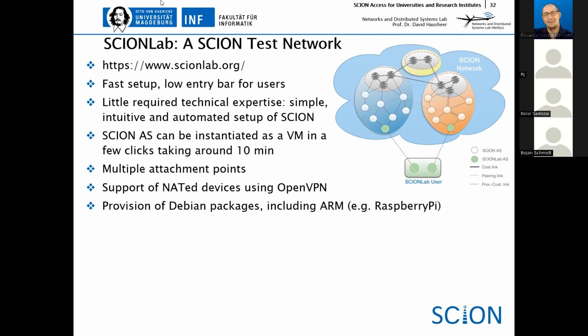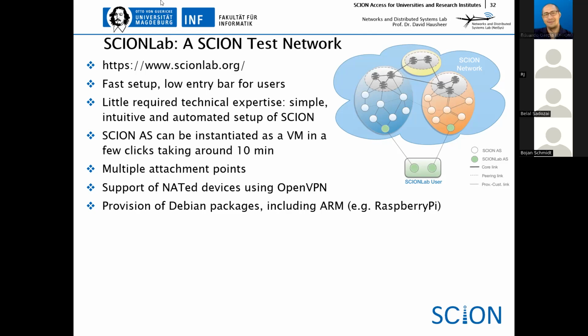So later on, Marten will give a quick introduction into SCIONLab. This is going to be a little bit hands-on, to give you really an easy access into this if you would like to explore this yourself and then really experience these SCION capabilities yourself with your own SCION AS